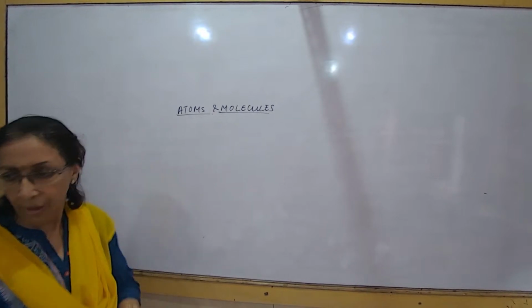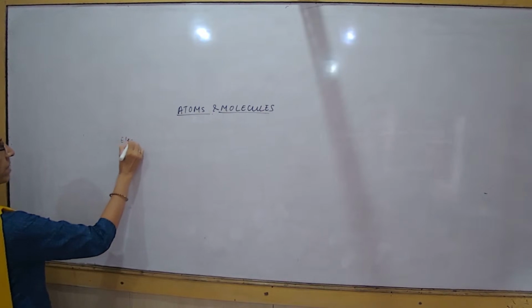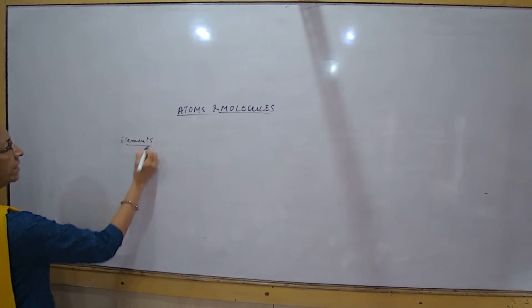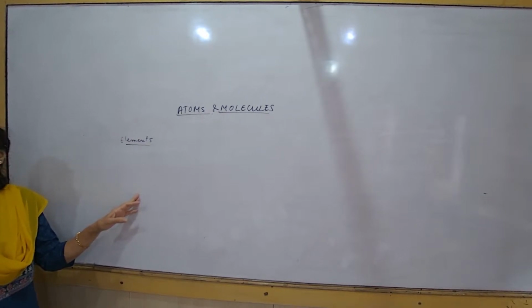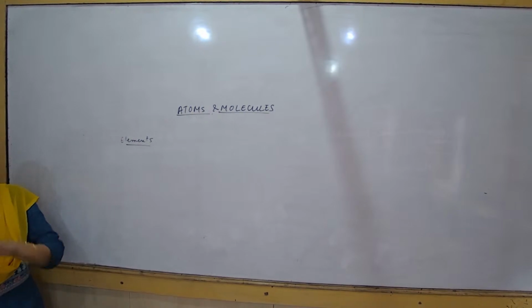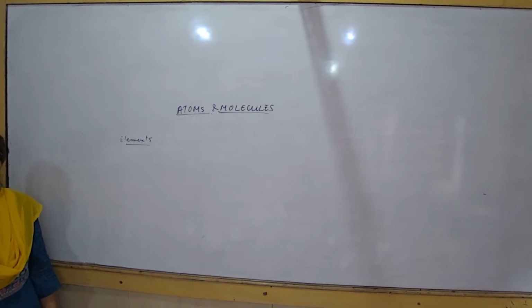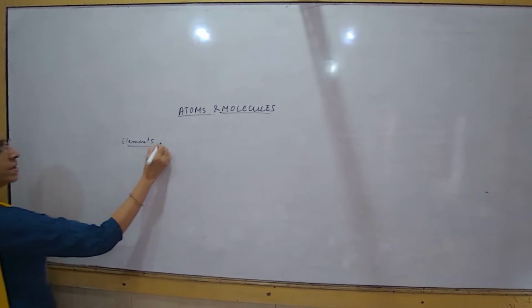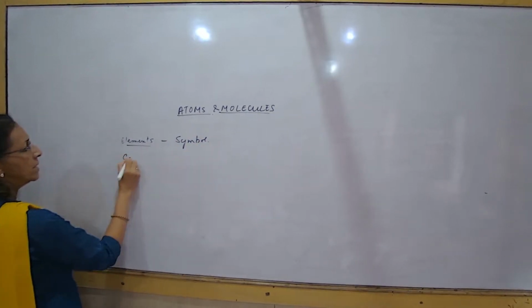Right? Atoms are all of different types of elements. So when we are talking about elements, and we have seen that there are so many different types of elements, obviously the atoms of all these elements are going to be different. So we have to show some kind of a symbol. How are the elements represented? They are represented by symbols. For an element we use a symbol, whereas a compound,